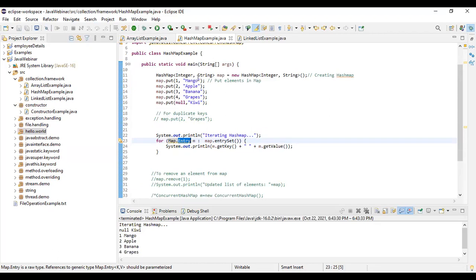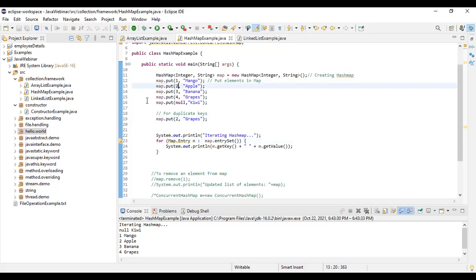It has maintained the order this way because null is there first, so it came first and then it has given 1, 2, 3, 4 here. Now you see, as I told, it will not allow duplicate keys. Now I'm adding one more grapes inside the map with key 2, but key 2 is already present in the map.